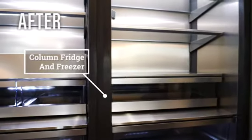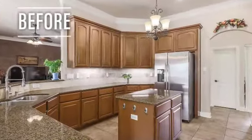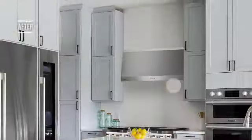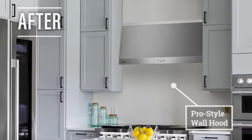Just like the style of everything. It looks very restaurant grade, like really high end. So I just really love the column fridge and freezer, the accessibility, the look. The old kitchen, the old owners didn't cook at all, so there was no ventilation. So even searing a chicken breast smoked up the entire house. So having the vent system is great. I mean, I can sear a steak and not have any issues smoking up the house, setting off alarms like